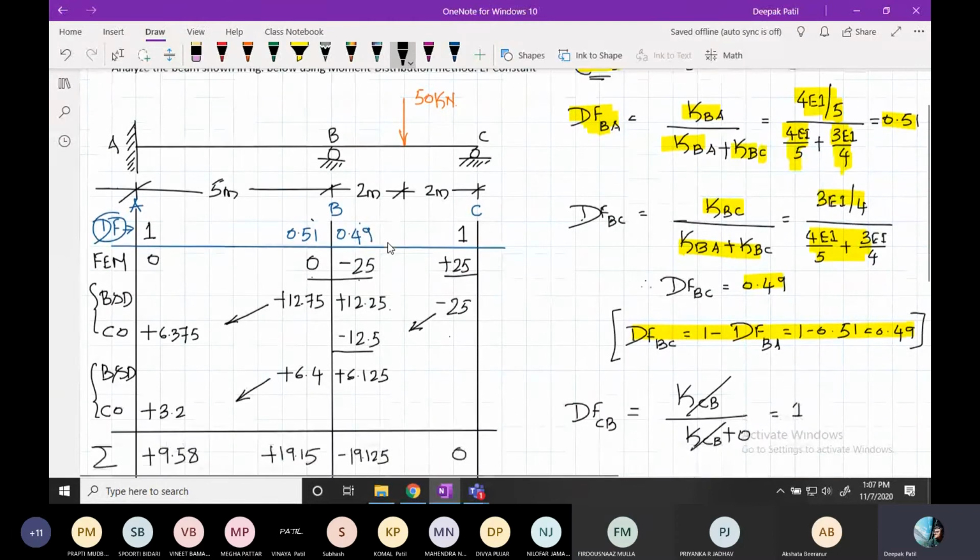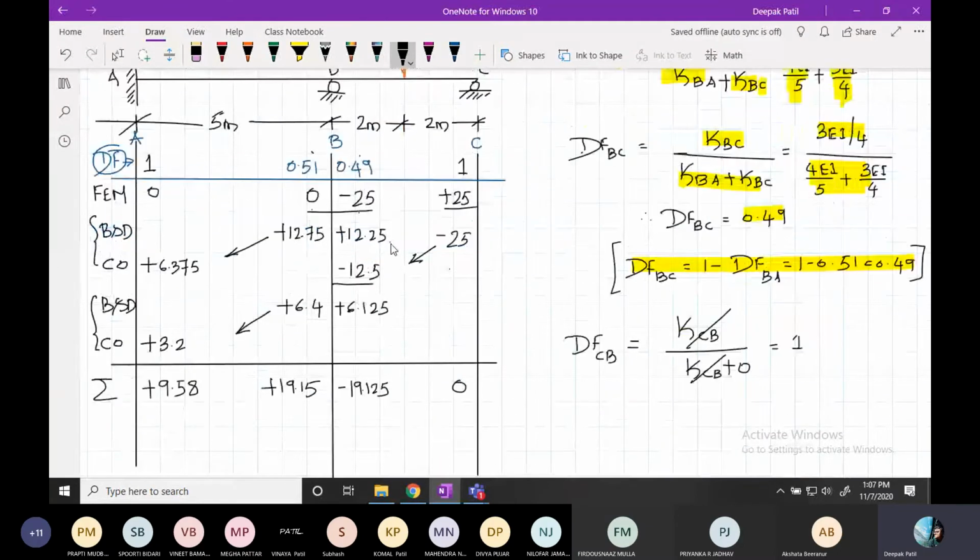So if I mistakenly carry over from here to here, what will happen? If you add all these things, you will not get 0 here. It means that you have committed some mistake. So always don't carry over from a support to another support, that is the far end support. If it is an end support, and if it is a roller or pin support, you should not carry over because you are expecting a zero answer there. If you carry over there, you will not get a zero answer, which means you have committed some mistake here.